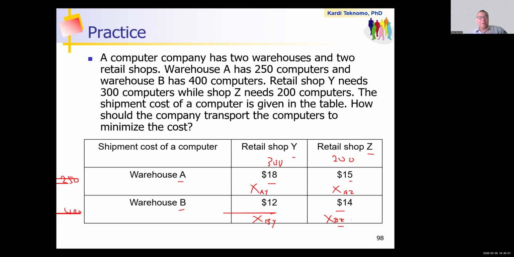objective function. Who knows what is the objective function here? Of course, the objective function must include all these decision variables, these four variables, isn't it? Can you do that? Yes, Lester. The objective function would be, since the goal of the company is to minimize the transport cost of computers to each retail shop, it would be minimize